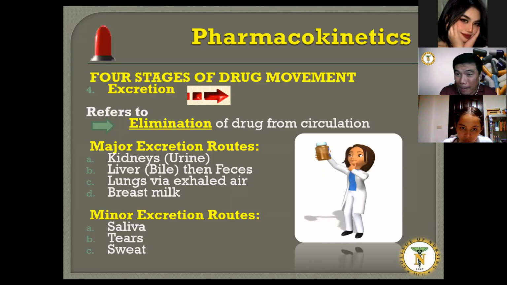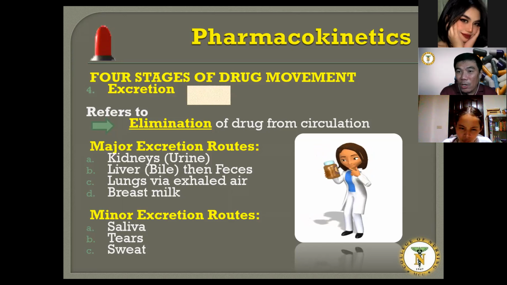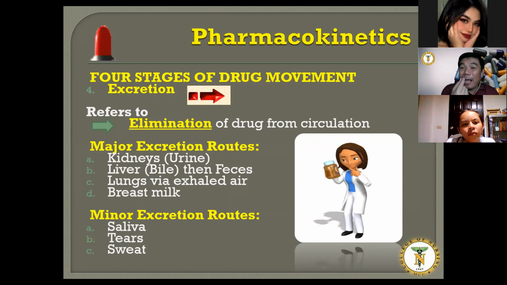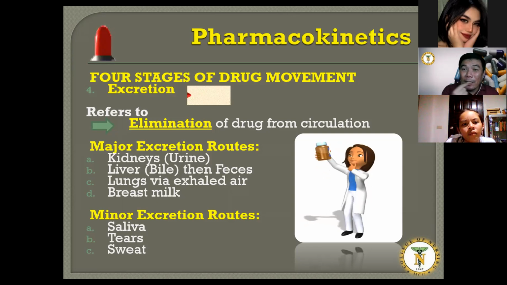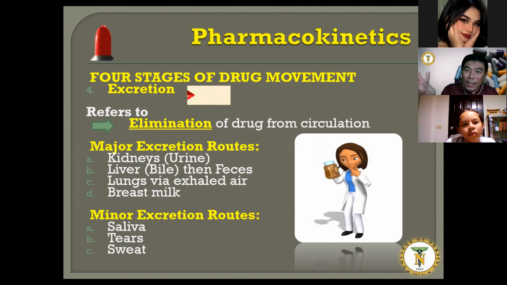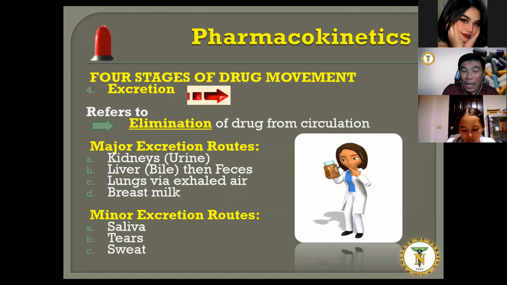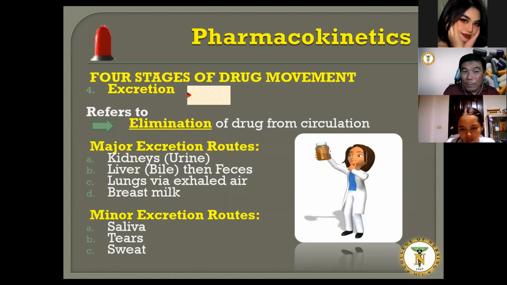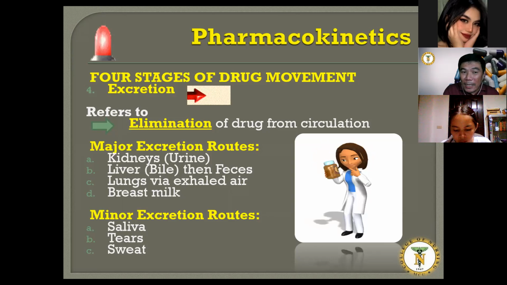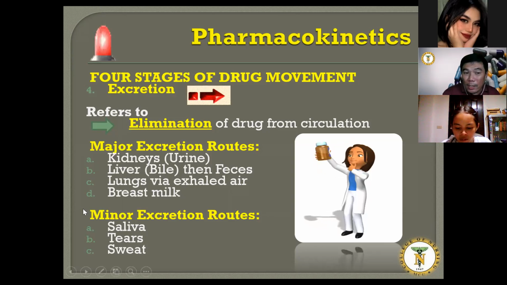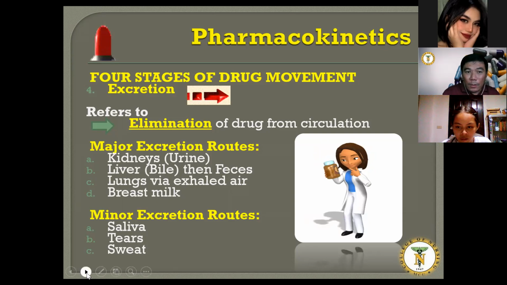It could be saliva. Okay? Kaya minsan sasabihin niyo, uminom ka ng gamot, ba't parang nalalasahan ako? Hindi because yung pagkaka-take mo ng gamot, nalasahan mo siya. Pero why some instances na sa situation, ba't parang nalalasahan ako? So there are some components of the drug that could be removed via saliva, via tears, and via sweat. So these are minor excretion routes, but major are these areas.